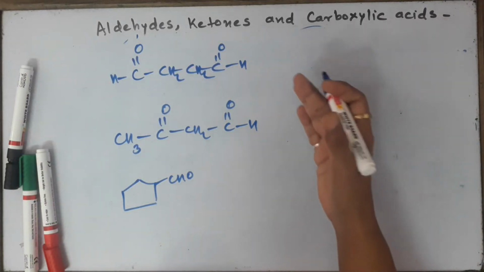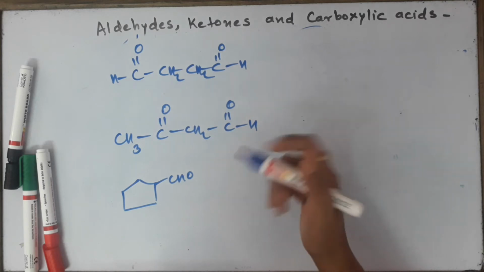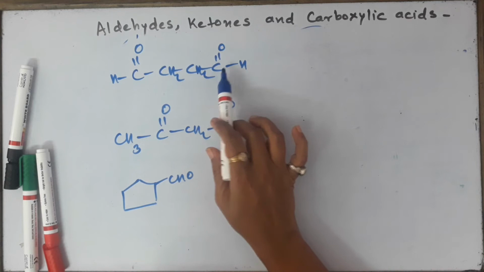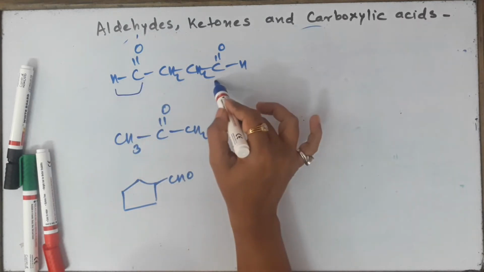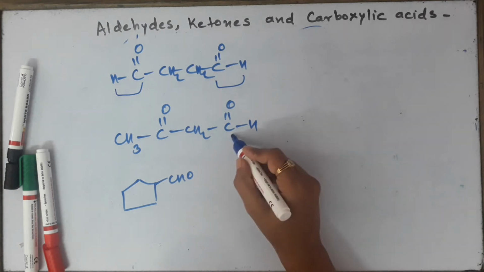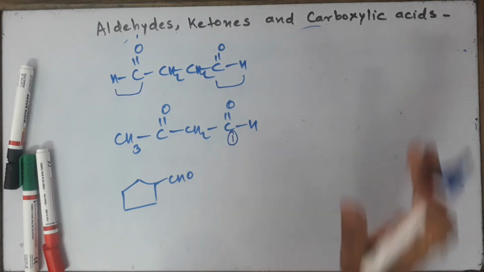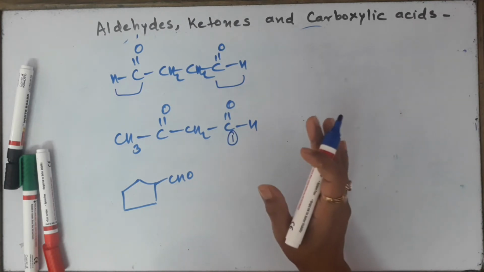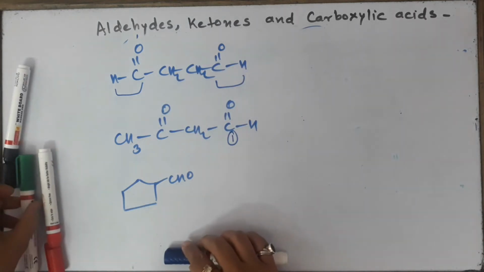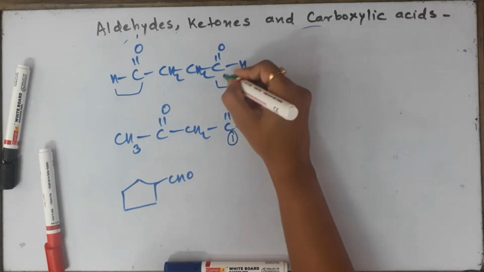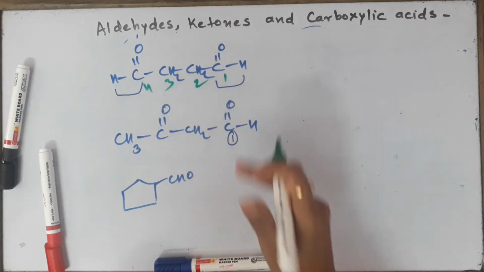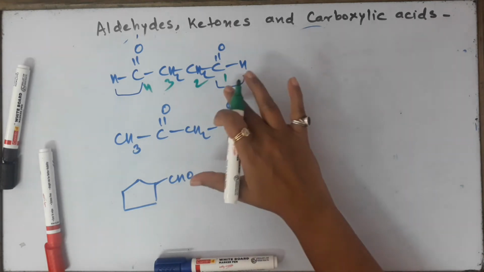Alright, let's have an example. Let's have a look at these examples now which are given to you. This is an aldehyde. You can see there are two functional groups over here. Number 1 is here, number 2 is there. Remember always that the number 1 will always be given to the aldehydic functional group. The numbering 1 will begin from CHO only. So here we have two such CHOs, so definitely the first and the last one is going to have the number like this: 1, 2, 3, 4. So both of them are equally important for me. So I start from here.